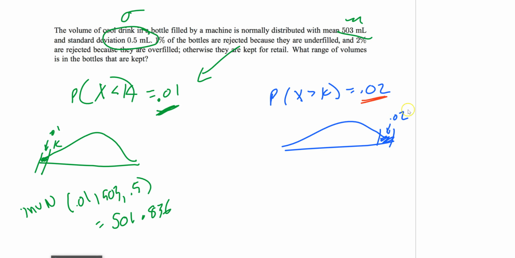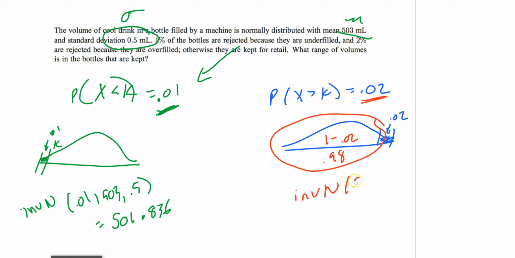I have a percentage, I gotta do invert normal. I can't do the right hand side, it has to be left hand side. Lucky it's an easy fix. You just do 1 minus 0.02 and you get 0.98. So you get invert normal 0.98. I have all information already. 530 and 0.5. Plug that into my calculator and I get 504.03